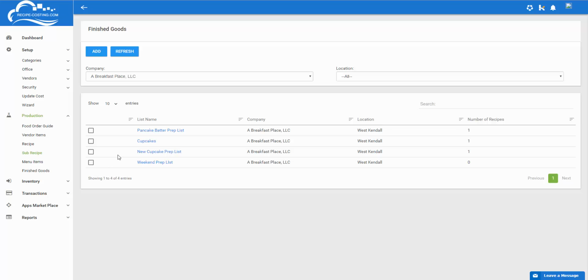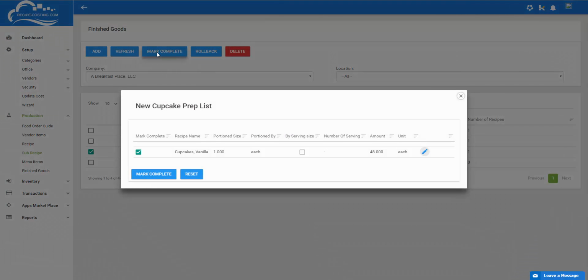Now, this I can give to my team member. They can get off the tablet, off their telephone, and they're going to come over and say, hey, I'm going to work on this prep list for you. So they're going to mark it complete when they're done. So let's say they come here and they're going to mark it complete. Now, before they can mark it complete, let's say they had a heavy hand, and instead of making 48, they